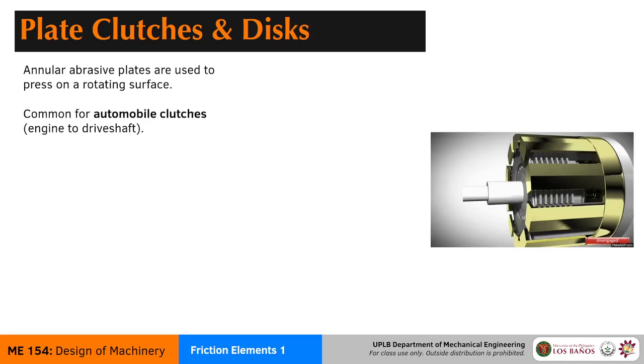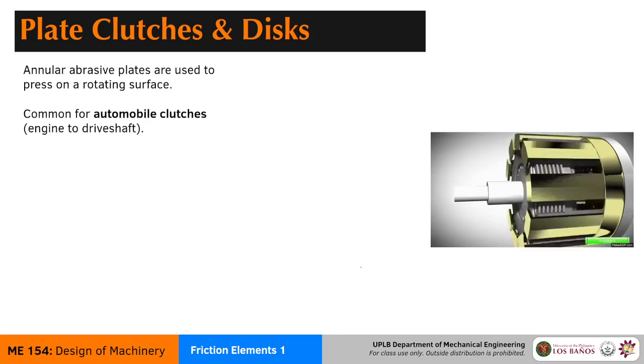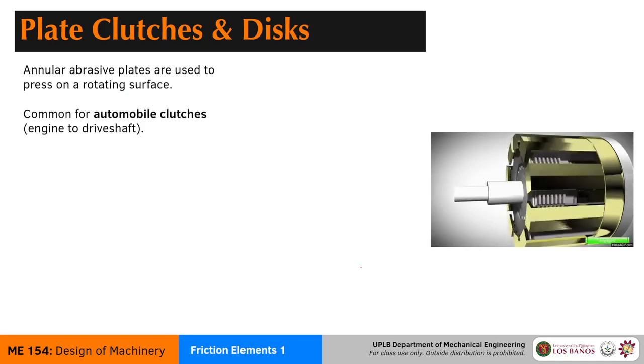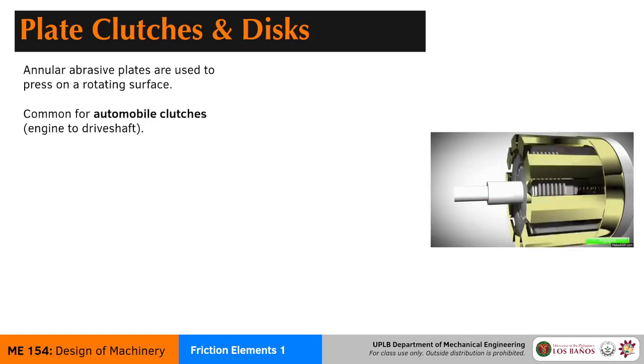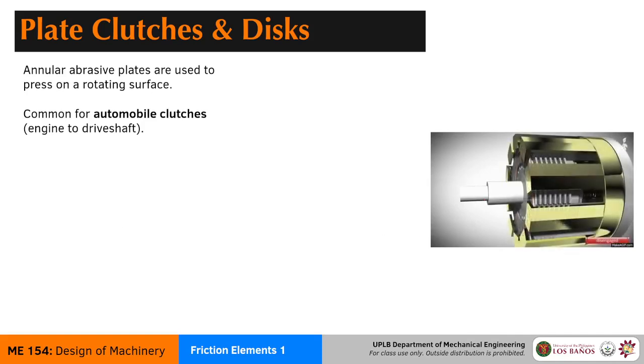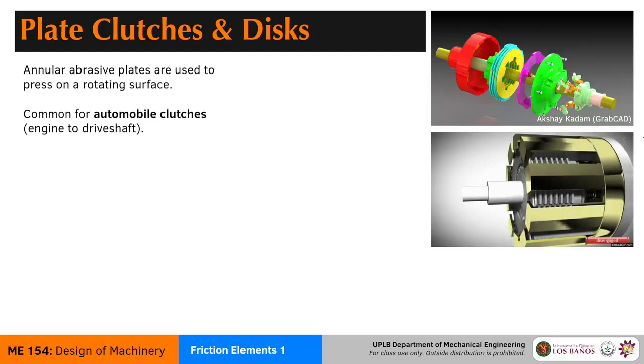So these are a series of abrasive plates. They are usually double-sided, and essentially, if you press the brake pad or if your automatic system engages the brake, these series of pads will press against a particular surface, and then it will cause the transfer of motion from the drive shaft to the rest of the transmission. So this is what it might look like.